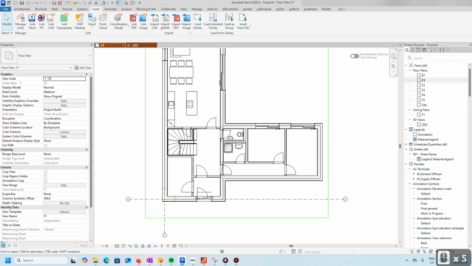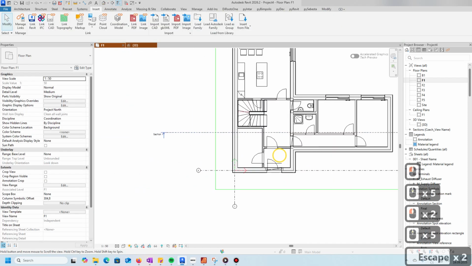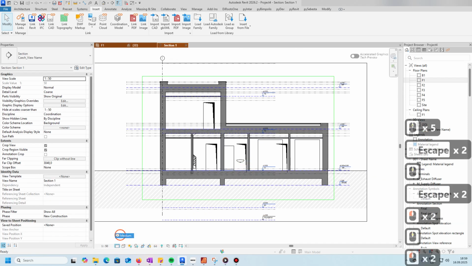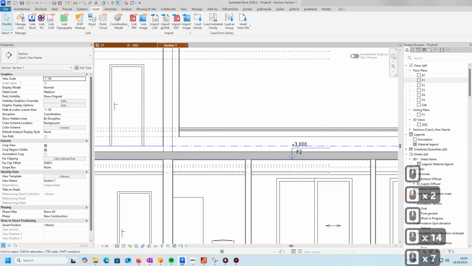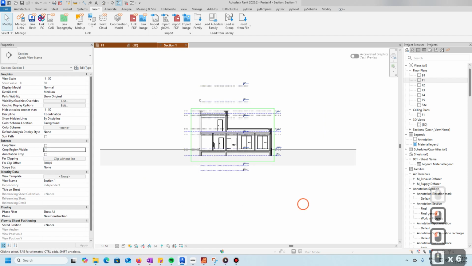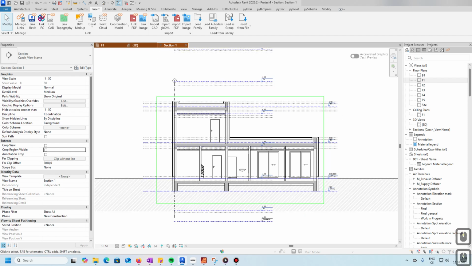So I select section, I create a new section here, then I open the section, I change the details so I can see all the hatches. I uncheck crop view and crop region visible so we can see everything, and I could start deleting some levels that I don't need anymore. But the first thing I want to do is to